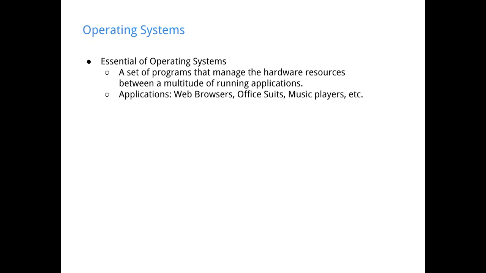Applications that we normally run, like web browsers, office suites, music players, whatever you use, rely on those underlying programs that manage all of this stuff for you so that you're able to do whatever you like. Some common OSs that you know: Mac OS 10, Windows 7, 8, they skipped the 9, 10, and GNU Linux. Since this talk is about Unix, Mac is a Unix, and GNU Linux is obviously a Linux, and Windows is, well, Windows.